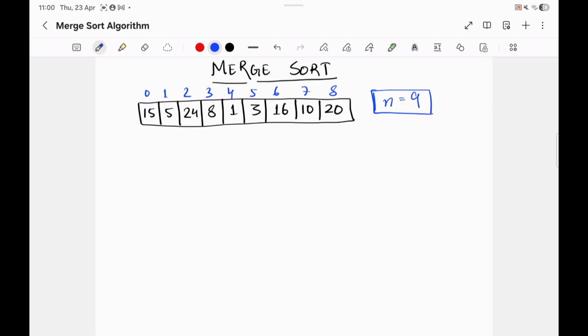See, I have already told you that merge sort algorithm is primarily based on the divide and conquer approach. We have already seen this approach being used in the quick sort algorithm. Similar to that only, you'll see how divide and conquer is used to sort the elements of an array or of a list either in ascending or descending order using merge sort. So now what happens in merge sort is